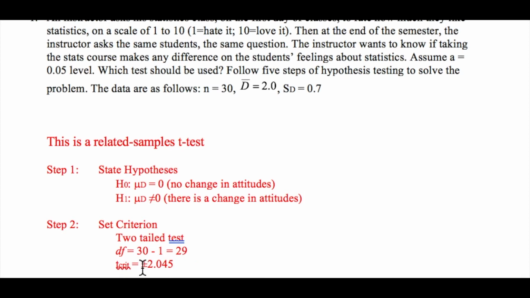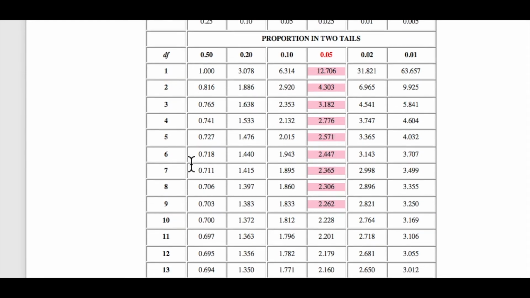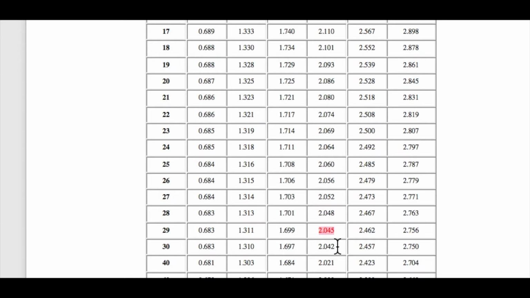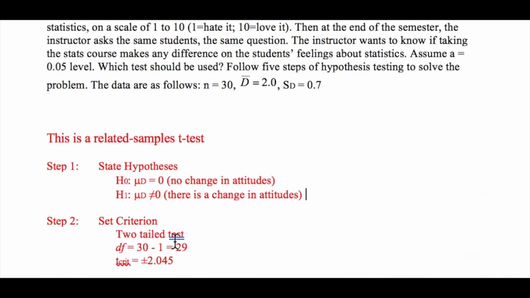Then we can use the t-table to find the critical t-value. The question told us the alpha level is 0.05, so we should use this column, 0.05, and the df is 29. So we find 29 and then get the critical t-value, which is 2.045, and this is a two-tailed test. We got the critical value is positive and negative